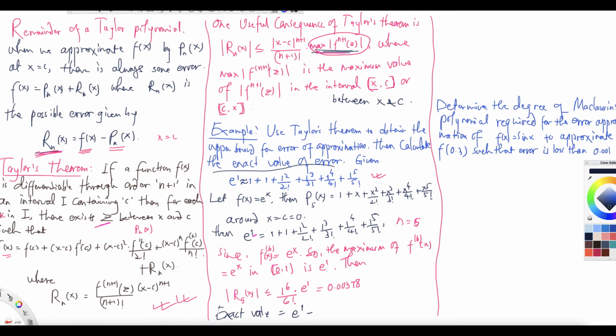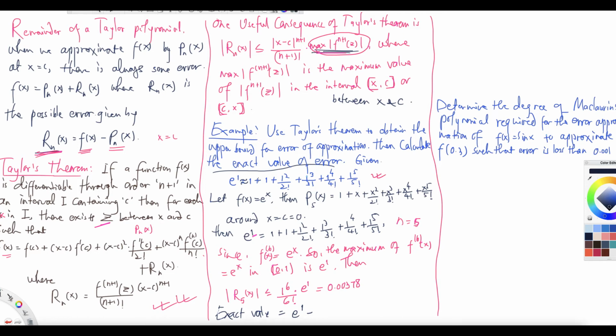It will be 1 plus 1 plus 1 over 2 plus 1 over 3 factorial, which is 6, plus 1 over 4 factorial, which is 24, plus 1 over 5 factorial, which is 120. This is what you got, and then minus